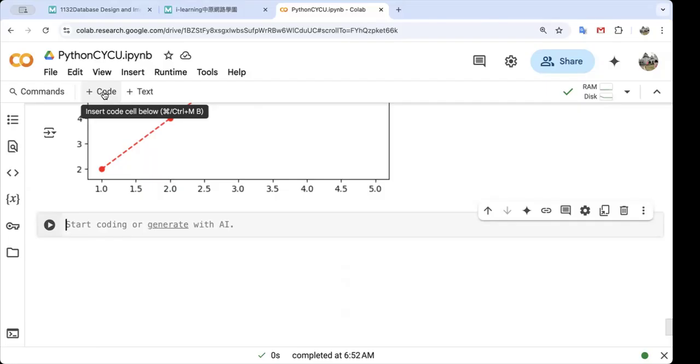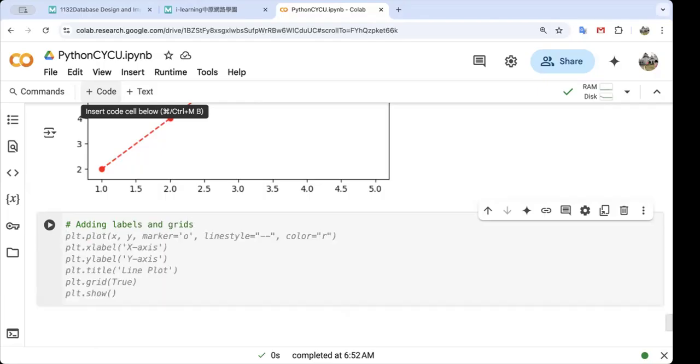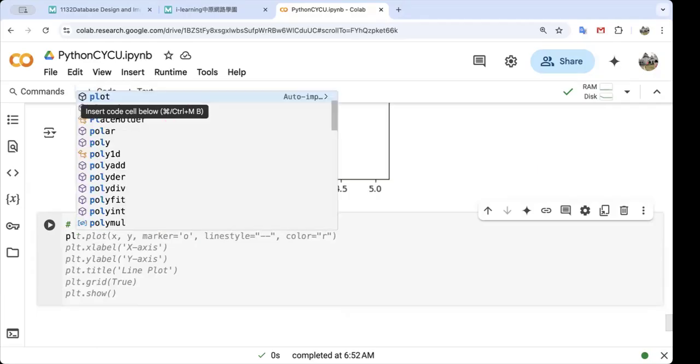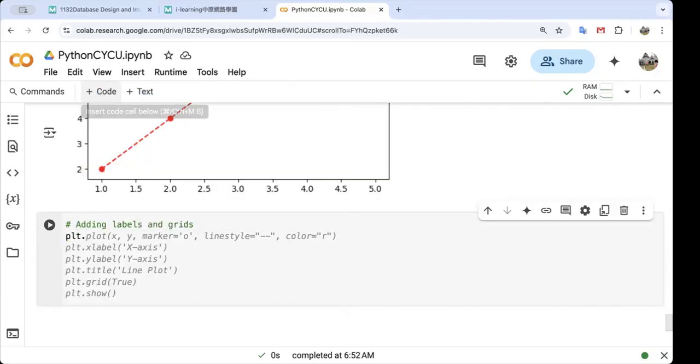And then you add titles and grids. Okay, so let's try adding labels and grids. So we'll start with plt.plot